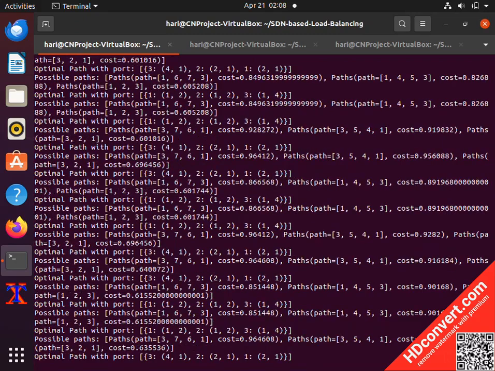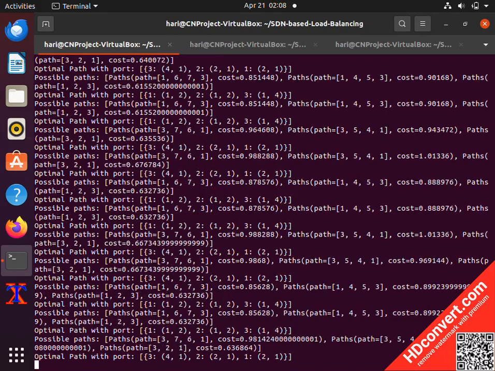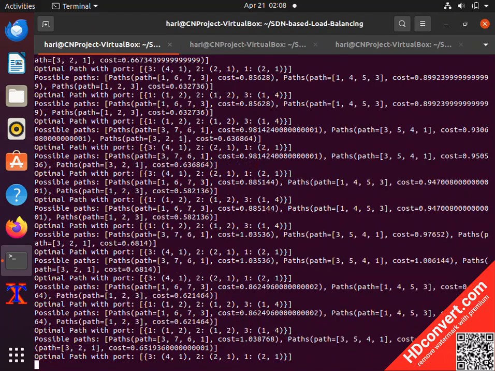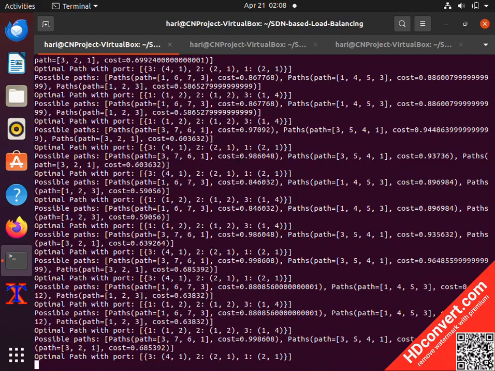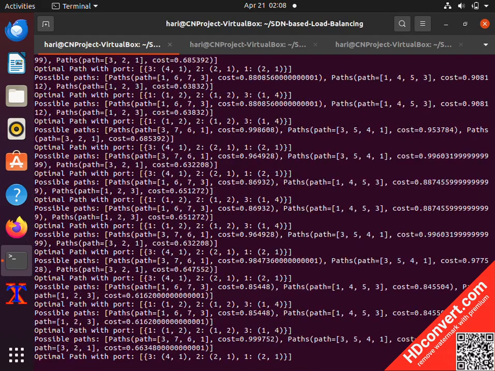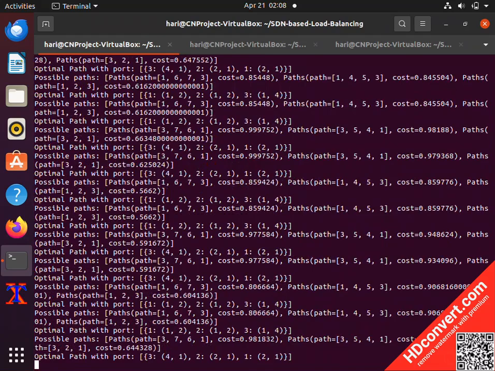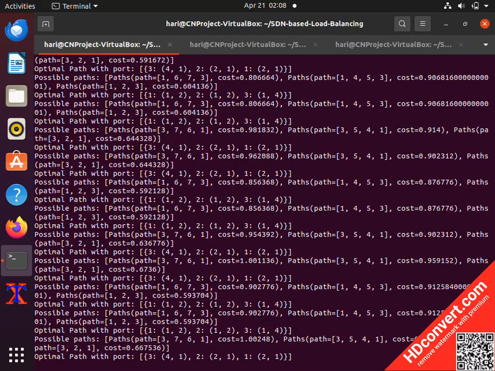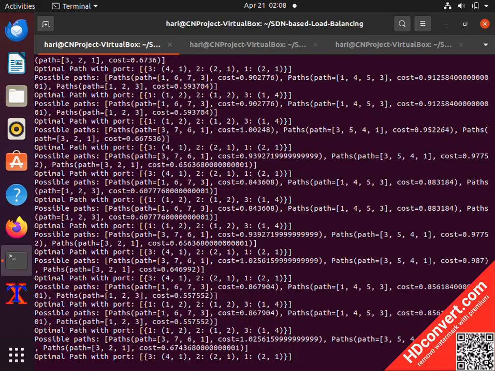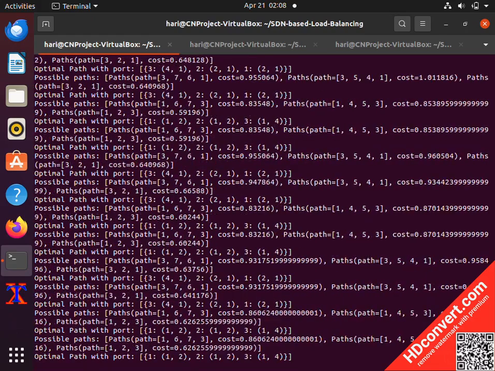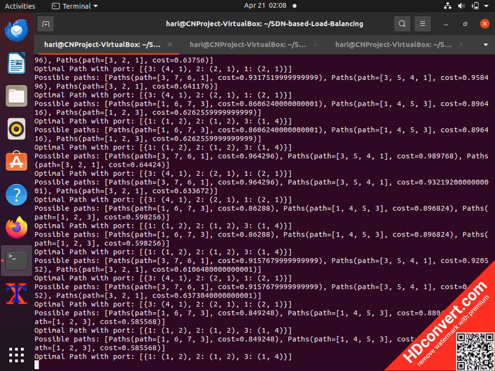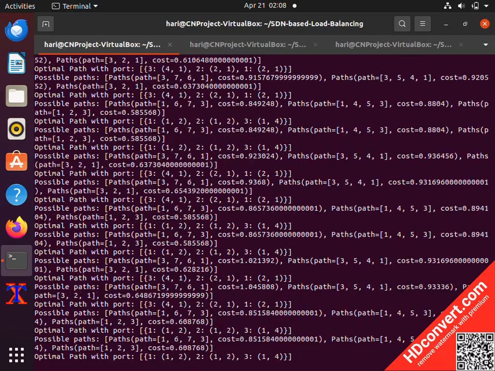Traditional static routing can't efficiently handle dynamic traffic patterns, leading to congestion, underutilization, and single point of failure. Our motivation was to leverage software-defined networking principles to create a flexible, programmable network that can dynamically balance load and optimize routing in real time. In this project, there are only two hosts, H1 and H2, and generally the prime controller